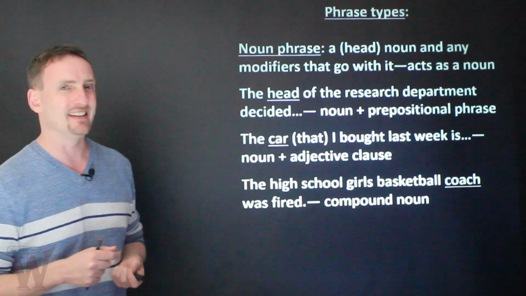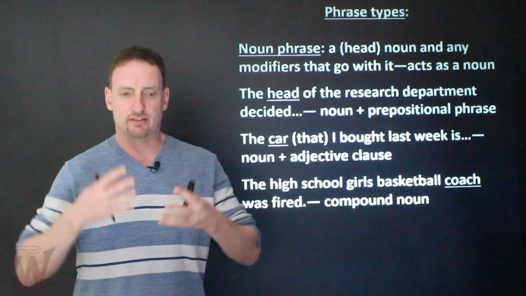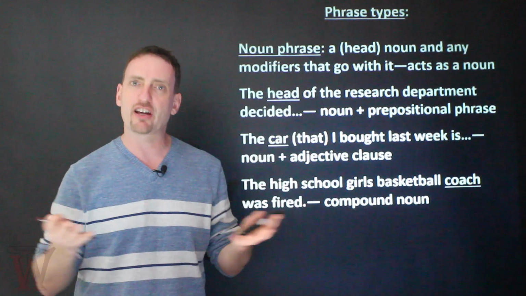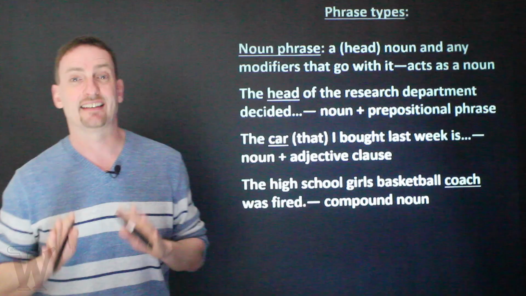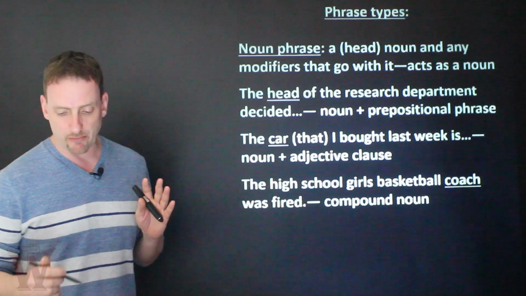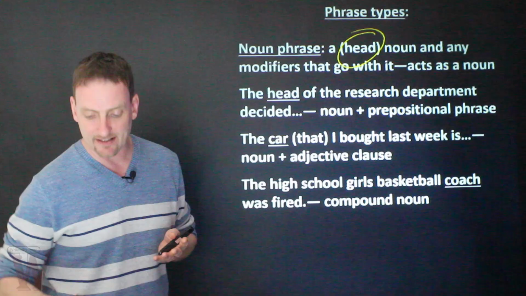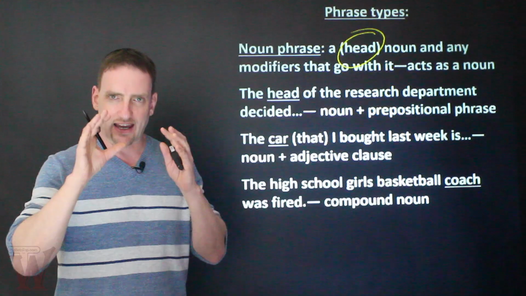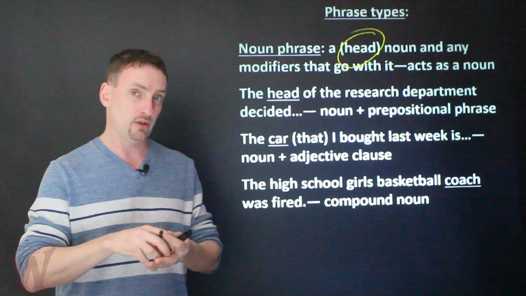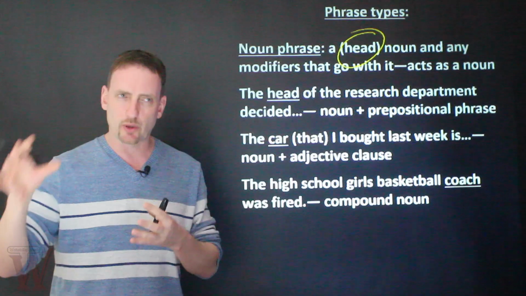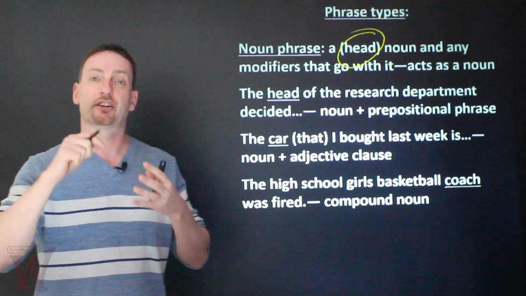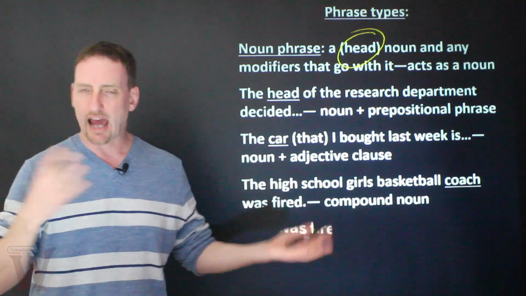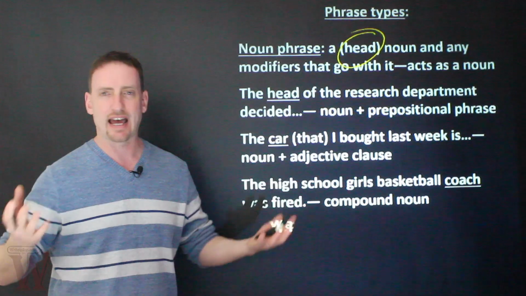So let's start with the noun phrase. The noun phrase is essentially a noun. It might have many words, but the whole phrase together works as a noun, okay? The most important thing to remember is that you have your head noun. That's what you have to recognize within the noun phrase. The head noun is the main noun, and whatever verb is going to be attached to this phrase is going to agree with that head noun, okay? And then whatever modifiers you want to add, adjectives, adverbs,